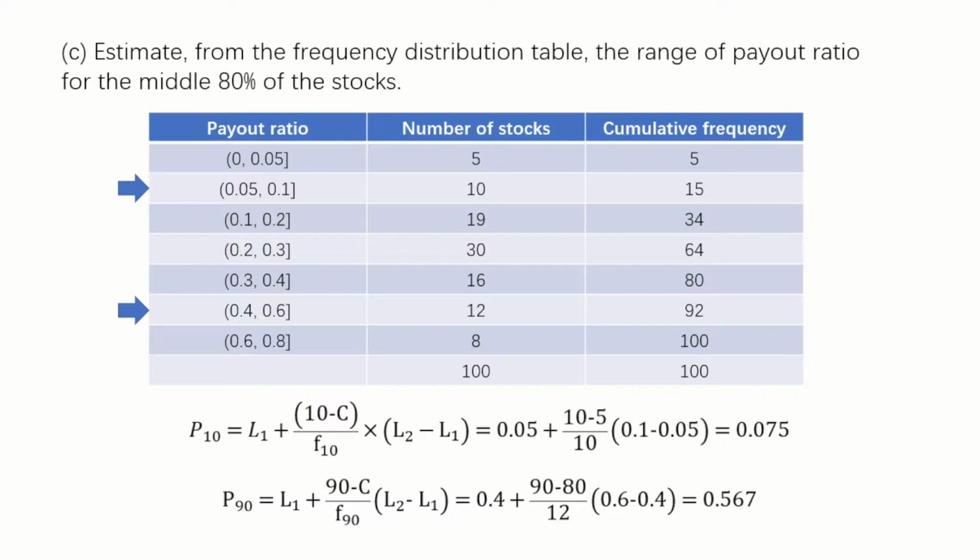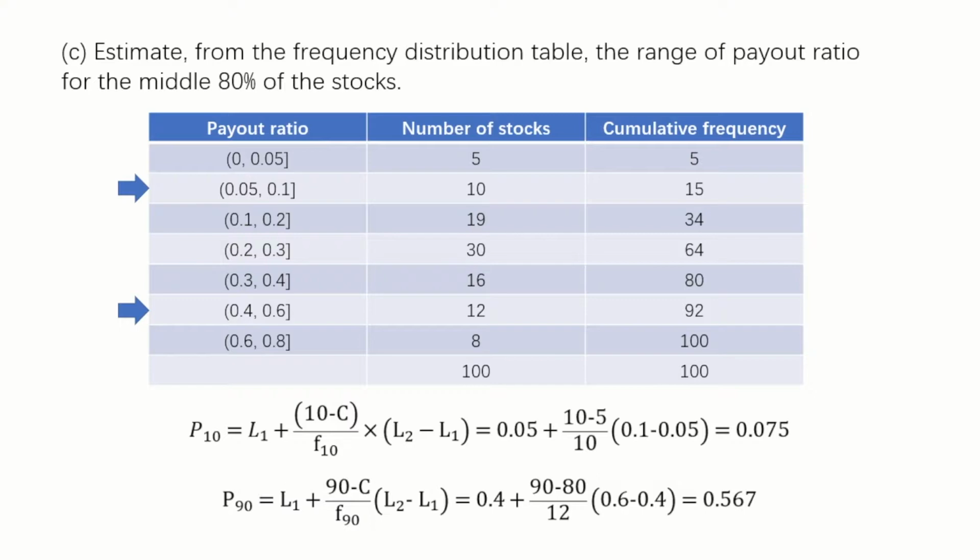The same approach applies to P90. L1 equals the lower boundary of the sixth class, and L2 equals the upper boundary of the sixth class. F90 equals the number of stocks in the sixth class, in this case 12, and C is the cumulative frequency of the fifth class, in this case 80. If you've done the math correctly, you can figure out the answer will be P10 equals 0.075 and